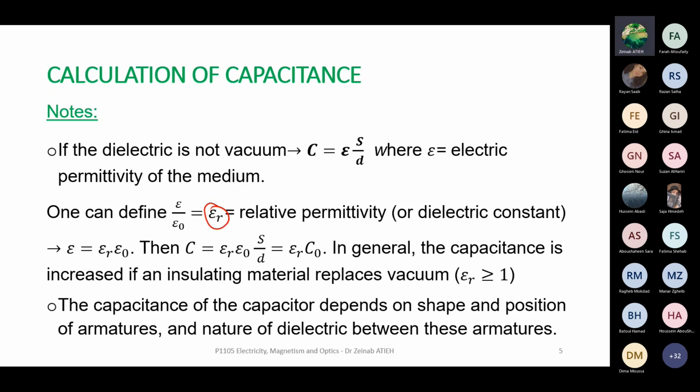The vacuum is called epsilon 0. But sometimes, because the numbers are not beautiful numbers, we define something called